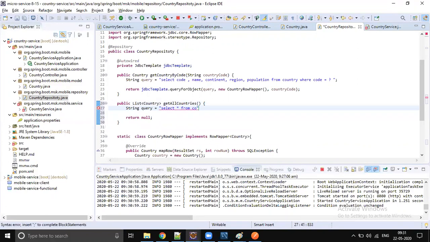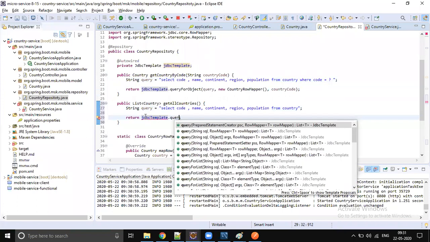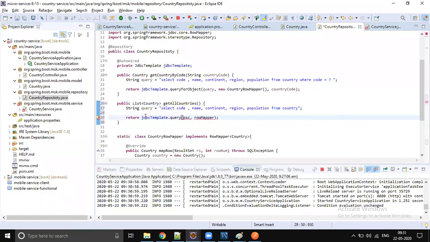You are not using star, it's 4 or 5 columns, like code, name, continent, population. Then you call jdbcTemplate.query, the first parameter is the query, the second one is the row mapper. We already have the row mapper ready.